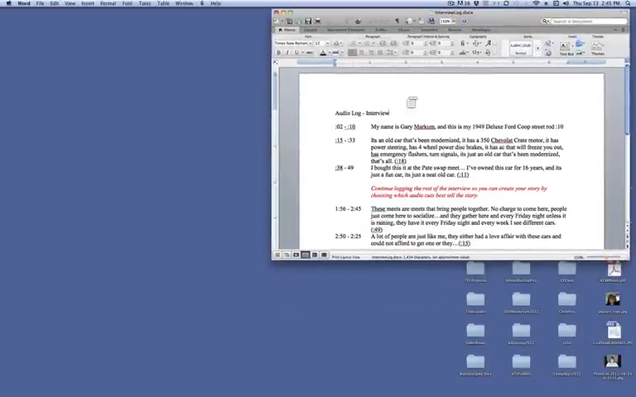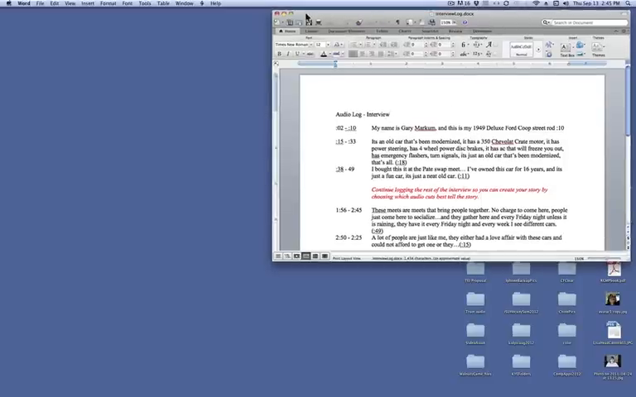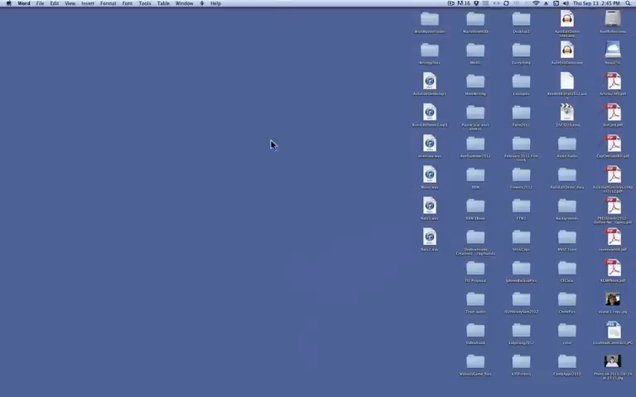So you can see here I created a new Word document. I've titled it Audio Log. On the left, this is the seconds, the time that I will show you how to read, and then this is what is said on the actual audio clip. So now I'm going to hide that for right now, and I'm going to go ahead and find those clips